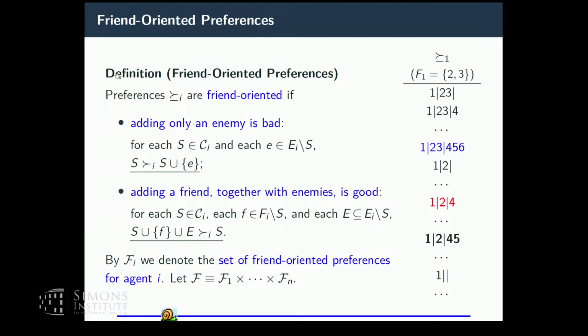And here we're removing a friend. Again, that's super important. The friends are important. So again, the set gets worse. So this is a better set. It has another friend there. And now we add an enemy again, and so on. Now, at some point, you're alone. And down here, you have all sets that have only enemies.